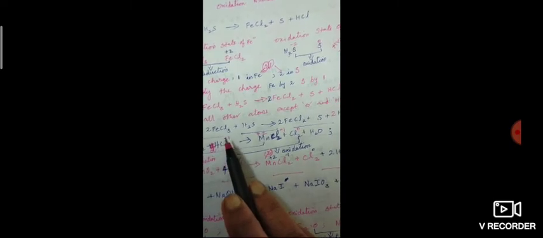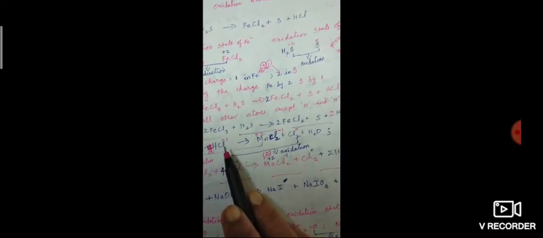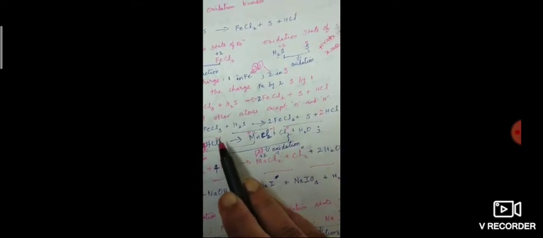Next we have to see the next chlorine. Here Cl2 is there. This is the elemental form. What is the oxidation state of the elemental form of chlorine? It is 0. Now look here: in hydrogen chloride, the -1 oxidation state of chlorine is converting into the 0 oxidation state of elemental chlorine. So -1 to 0 is an increase in oxidation number, so it is oxidation.